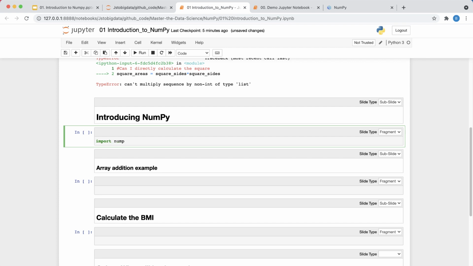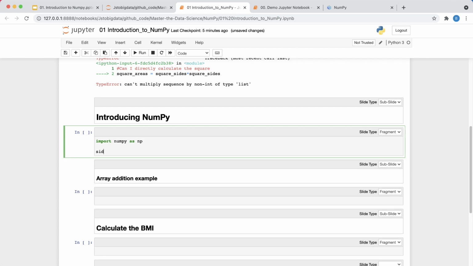To use NumPy, like I already told you before, we will import NumPy, and then I'll create my array called sides from np.array, and I'll convert square sides.